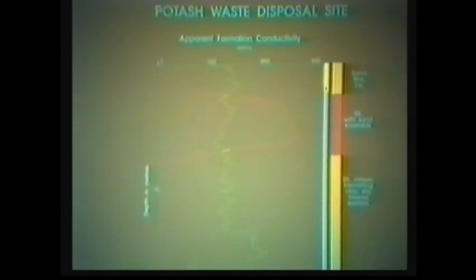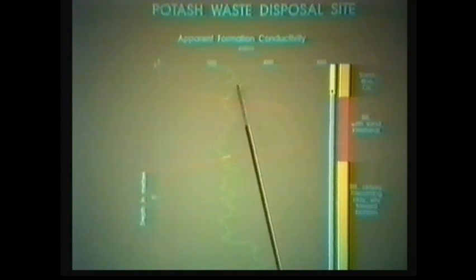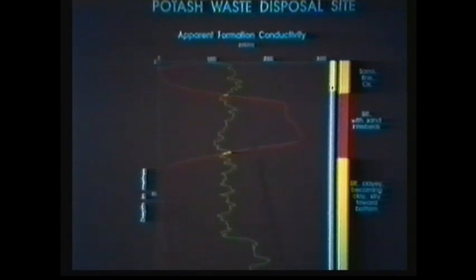In that same area, I have here the response. This is hard to see, but this is conductivity out to about 2,500 millisiemens per meter. This is depth again, 10, 20 meters. And I show here two logs. The first is from a gamma ray, a simple gamma ray scintillometer, the output of which is roughly proportional to clay content. And I also show